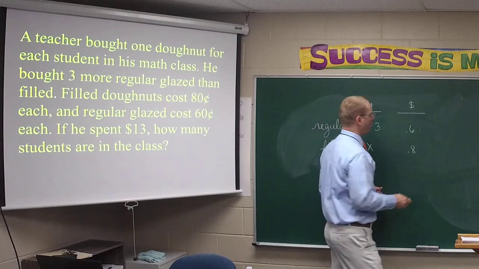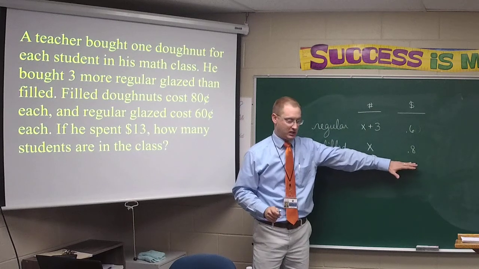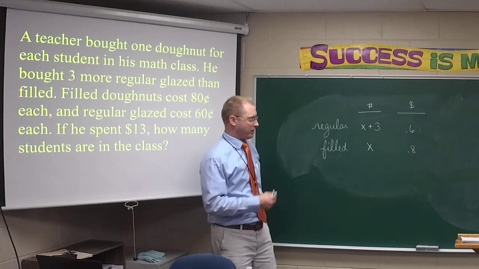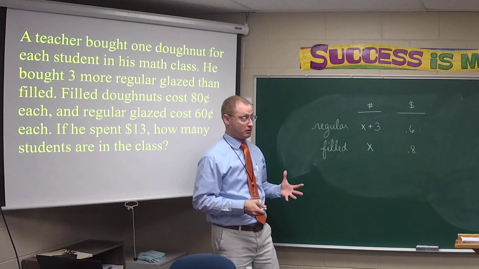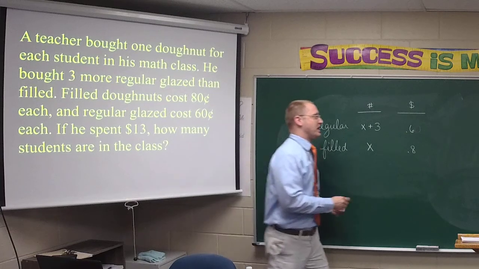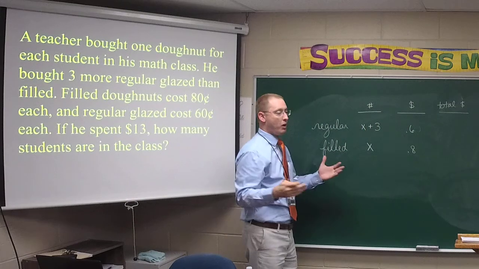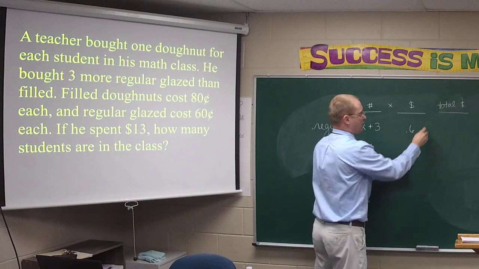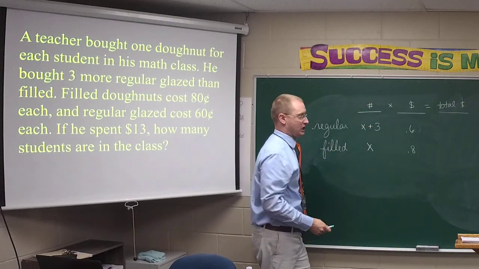Now, of course, if there had been only, let's say, one filled donut, and all the filled donuts cost 80 cents, how much money was spent just on the filled donuts? 80 cents. What about 2 filled donuts? $1.60. What about 5 filled donuts? $4, right? All we do to figure out the total money spent on each one of these is multiply the number of each times the price of each to get the total money spent on each kind, right? So the money spent on filled donuts, class, was